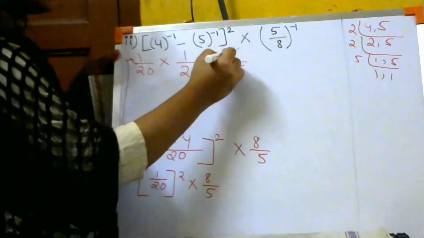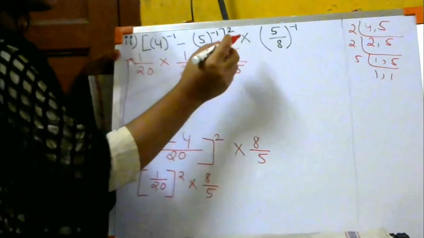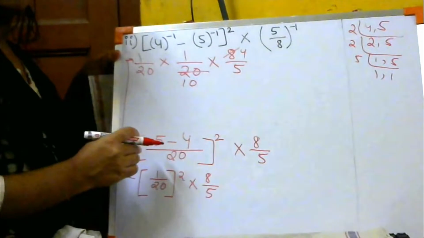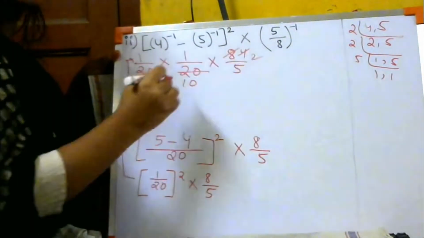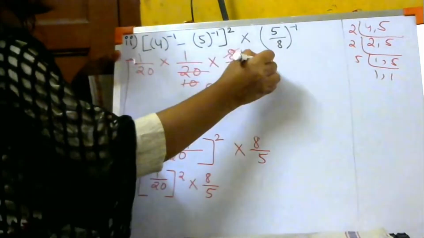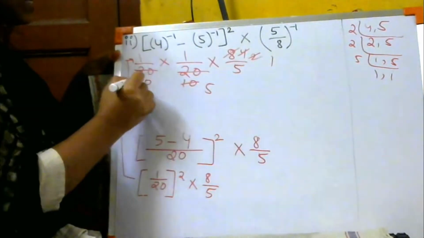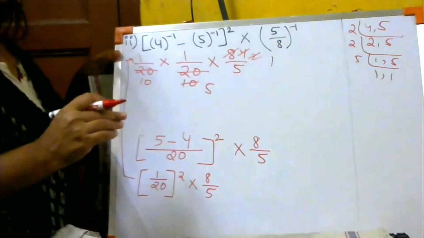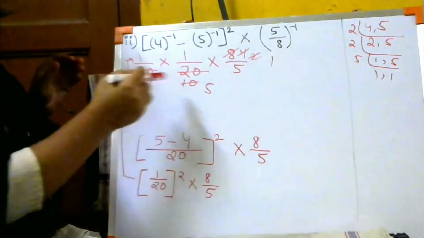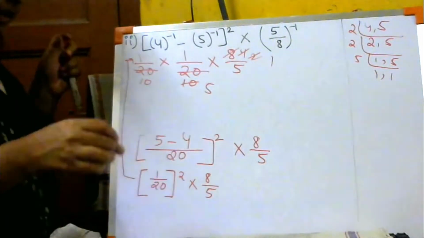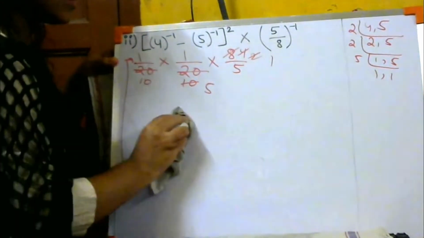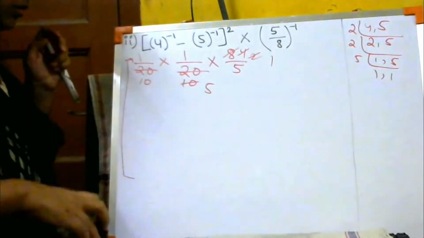So let us see with 2. 2 4s are 8, 2 10s are 20, right? Then 2 2s are 4, 2 5s are 10, 2 10s are 20. I hope you people are understanding what I am doing. I am just reducing over here. I did it with 2 first. Clear? The ones who know, they know. These are very basic things. If you don't know this, I don't know what to do with you.